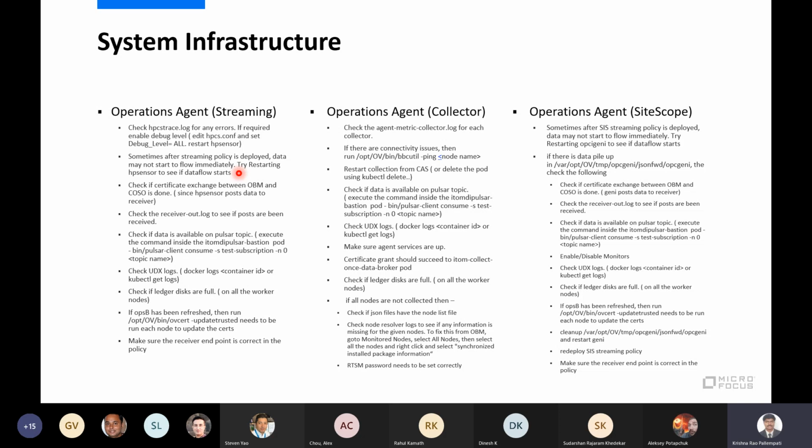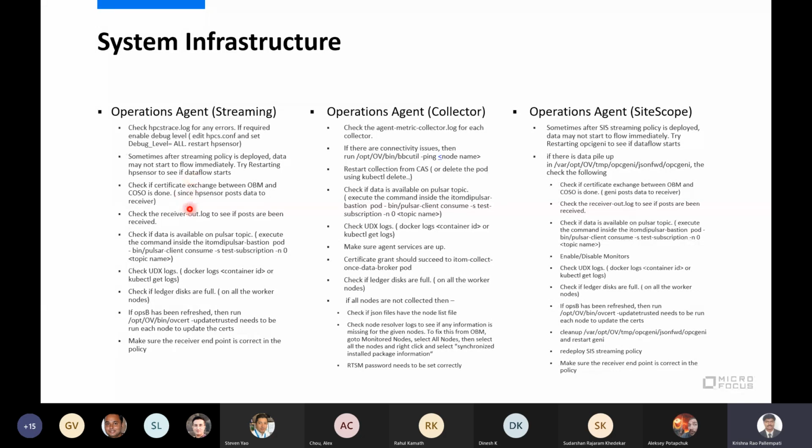For the respective OBM suite, if the streaming policy is there, everything is properly fine, and the logs show the data is flowing, then we will see whether the connection between OBM and COSO is properly done or not, the certificate exchange.